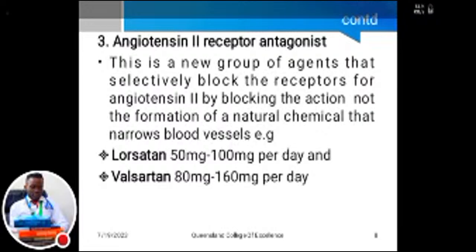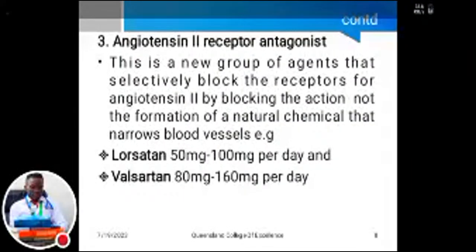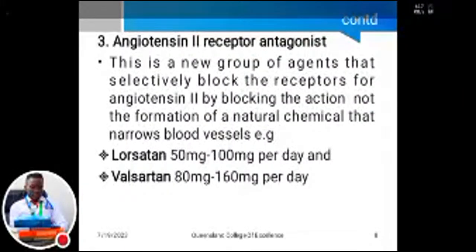If I say clockwise, I mean going like this. If I say anti or counterclockwise, going opposite. So if we say agonistic, we simply mean contraction of the blood vessel. When we say antagonistic, we simply mean it brings about relaxation of the blood vessel, thereby reducing the levels of